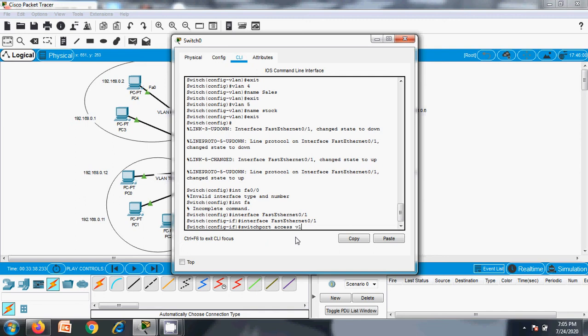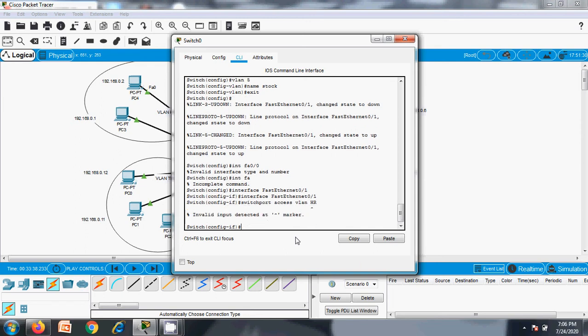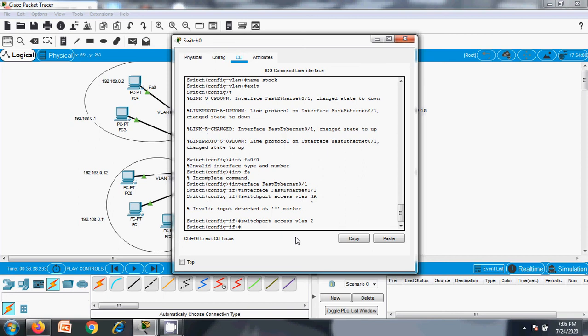That needs to be switched to switchport access. So it is VLAN 2, right? We'll start from VLAN 2. Okay, VLAN HR, we'll give 2. Okay, so now exit.